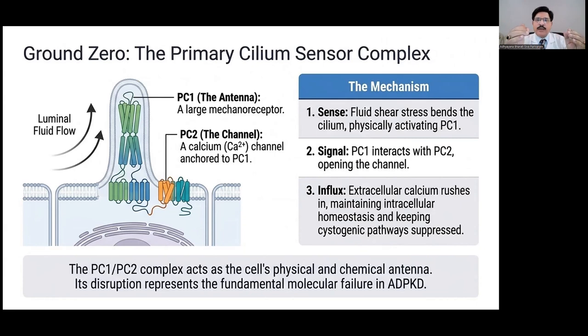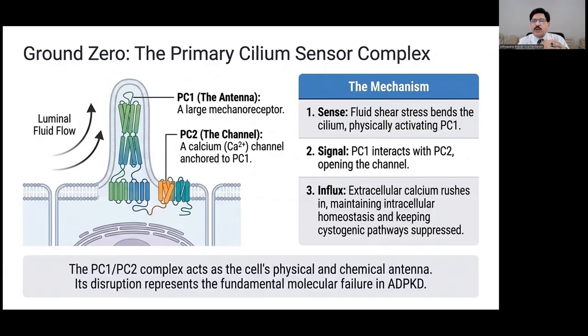Then automatically there will not be any accumulation of fluid there. PC1 interacts with PC2. Once PC1 is stimulated, it interacts with PC2 to open the calcium channel. Once the calcium flux is there, there is no more fluid retained here. What is happening here? The PC1 mechanism is absent. That means when the cilia bend, there is no signal generated. So PC2 channels are not open. So fluid is not moving out. Fluid is retained within the cell and that grows and becomes a cyst-like thing, a bubble.